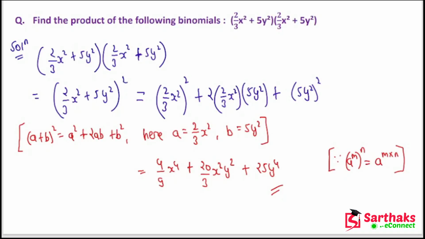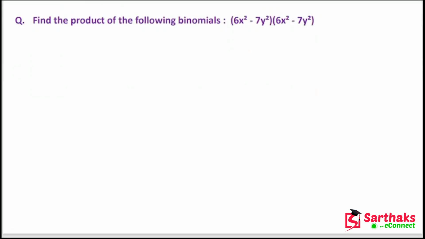Let us move on to the next question. Now this question says find the product of the following binomials. Now here also you can clearly see this is 6x² minus 7y², and this is also the same. So it is just the whole square. Okay, but it will be (a minus b) whole square this time. So let us solve it. (6x² minus 7y²) into (6x² minus 7y²). Okay, so it would be what? If you actually open it, it will be